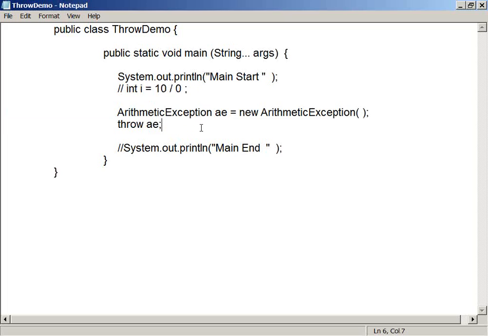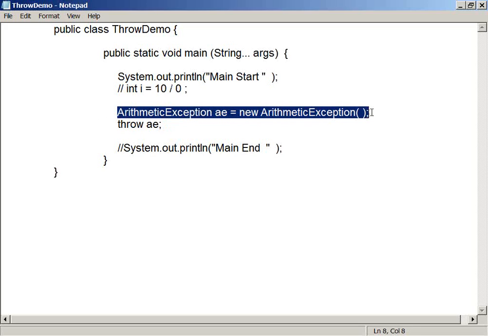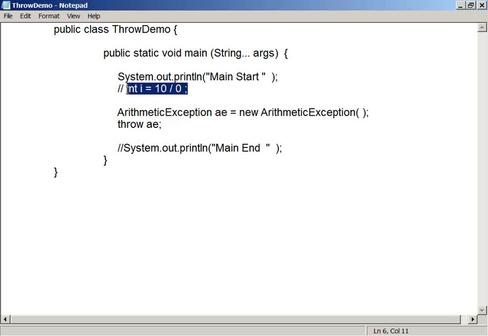But here the object is created for this class, right? When something is divided by 0, the object is created for this class and it is thrown by the runtime. Here, creating the object and throwing that object is done by the Java runtime.